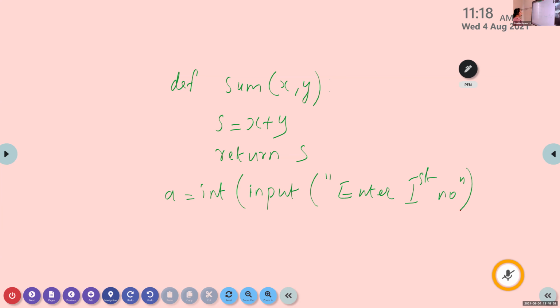Ashwin, next statement. b is equal to int(input()), enter second number.